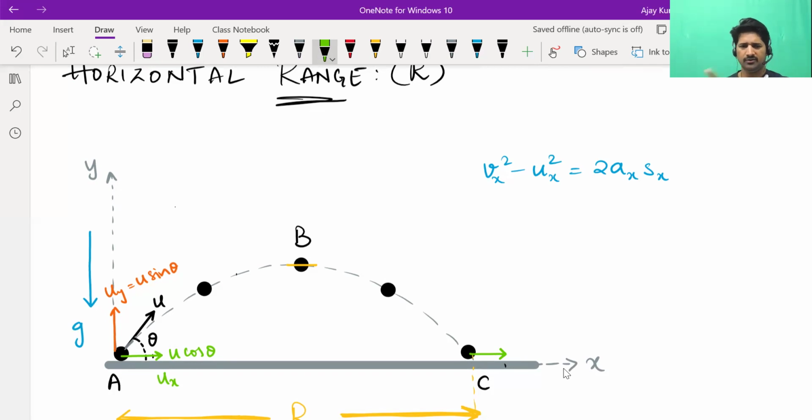Do you know or not? If you don't know, you can tell you don't know. If you know, tell the component. Sir, u cos beta. What is beta? Sir, it is 90 minus theta, no sir. Okay, that is the y component, no? 90 minus theta is with the y-axis. Then u cos(90 minus theta) will be with the y-axis. How will that be the final x component?